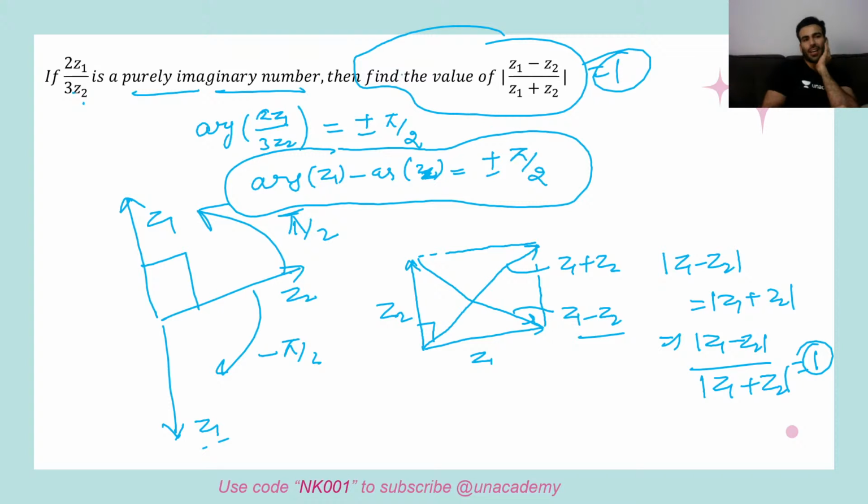Okay, so one really good thing is this: this 2 by 3 won't make any difference. It could be 5 by 4, it could be 1 also, it could be anything, because the absolute value would not make any difference in the argument. The argument depends on the signs. It does not vary with the magnitude. It only varies with the signs of the real and imaginary parts. Okay, I hope everyone got this question.